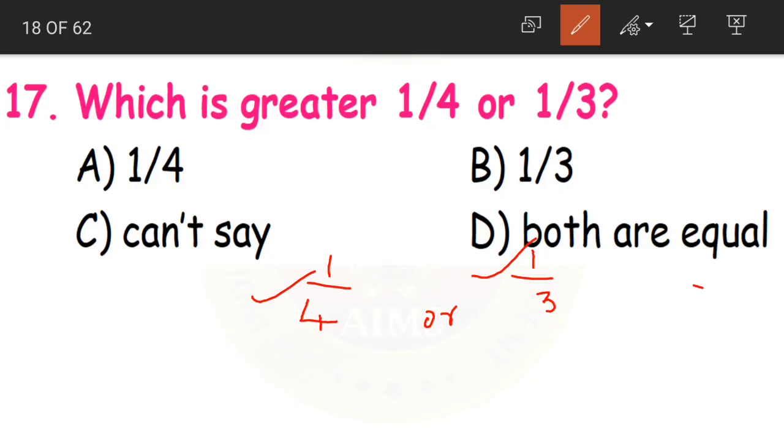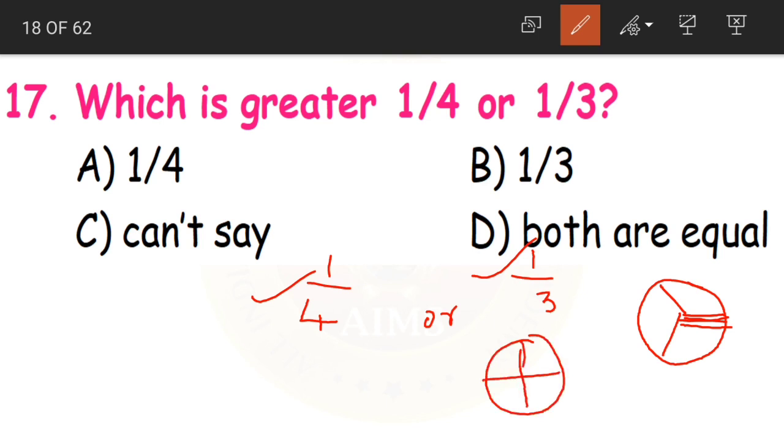See, if I am dividing the circle into 3 equal parts. Sorry, these are not equal, are they? No. Let us assume that these are 3 equal parts. And again if I divide the same circle into 4 equal parts. Now, which is the bigger part here? Is this the bigger one or this the bigger one? 1 by 3 is the bigger part. Yes. So, the less we divide, the greater it will be.